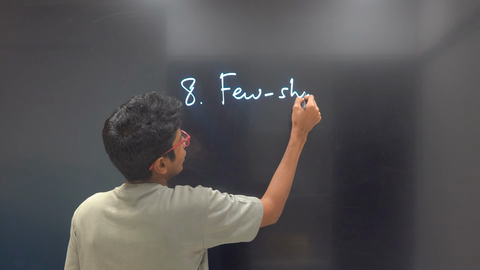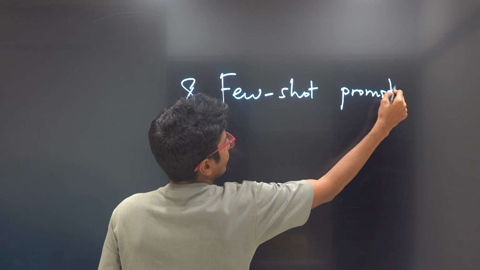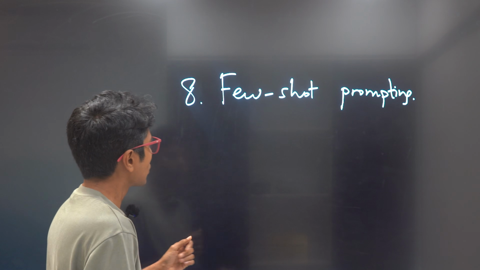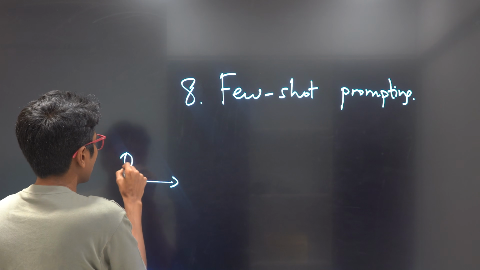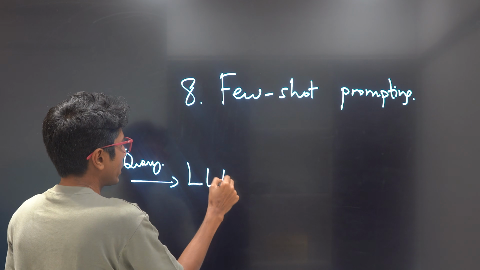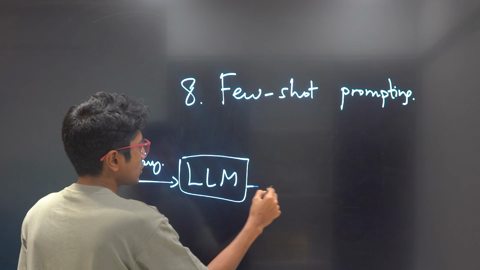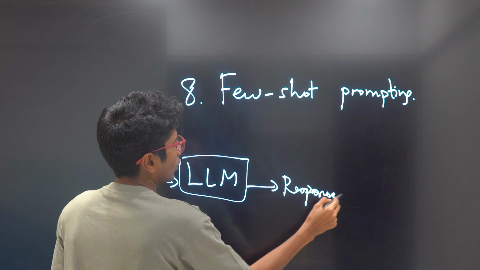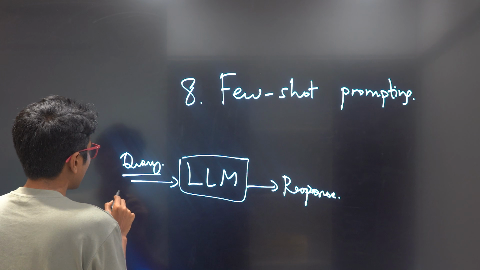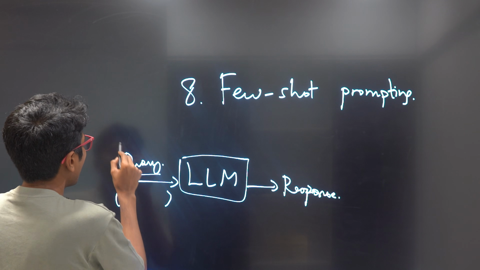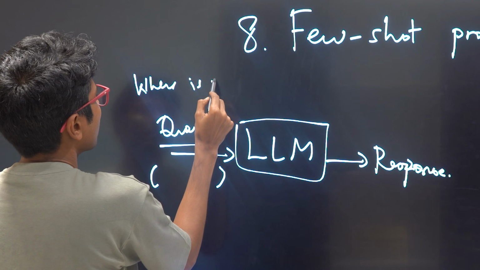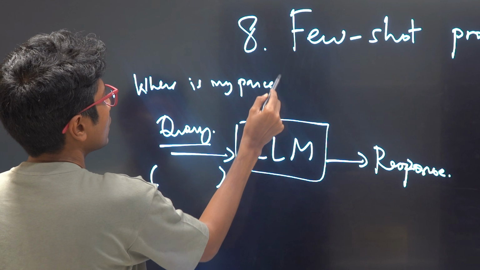Few shot prompting. So the main idea behind few shot prompting is, before you send a plain vanilla query to a large language model and ask it to come up with a response, you augment the query, you add more information by saying, look, if the query is, where is my parcel, then